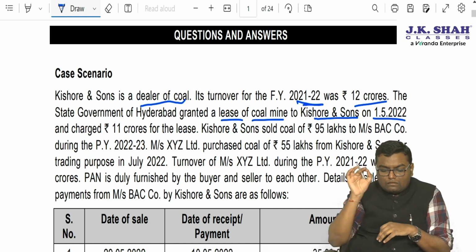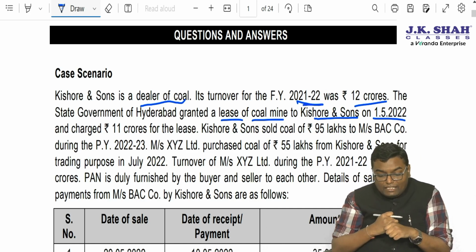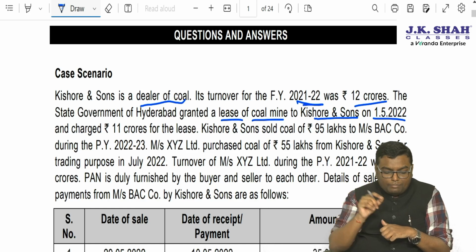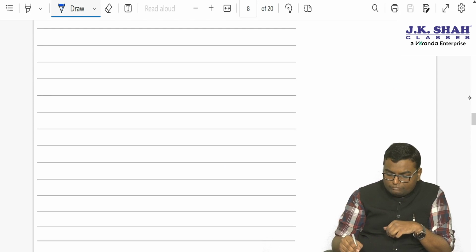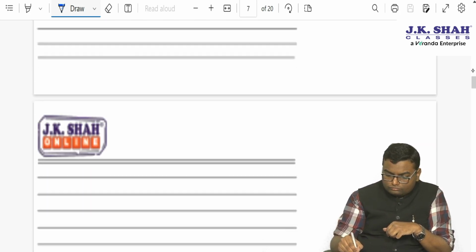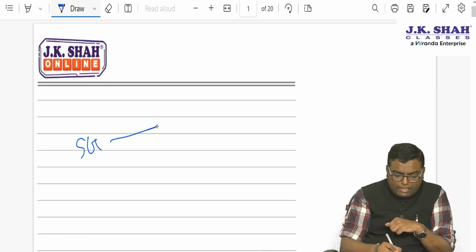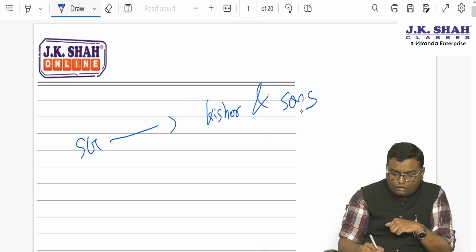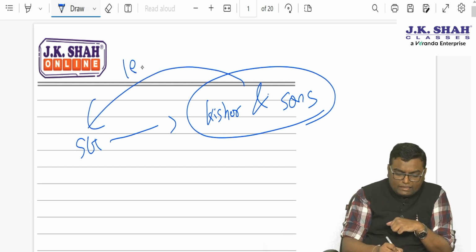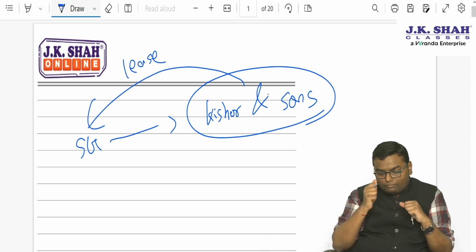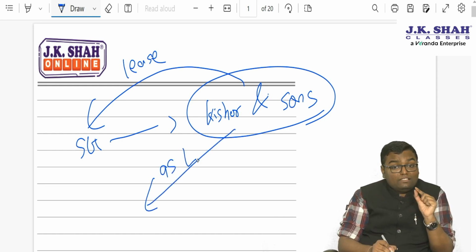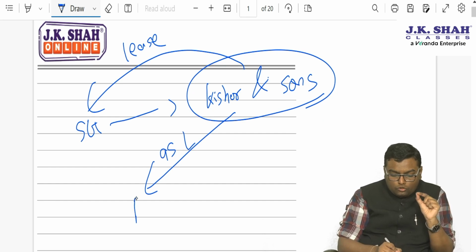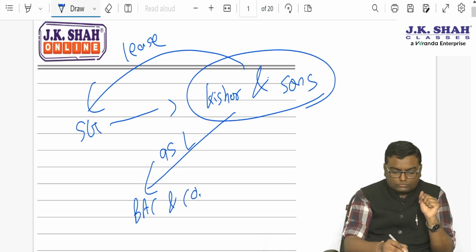Kishore and Sons sold the coal for rupees 95 lakh to Messrs. BSE and Company during the year 2023. So, I can put it like this: here is the state government, here is Kishore and Sons. Kishore and Sons is paying lease for the mining activity regarding coal. Kishore and Sons is selling 95 lakh rupees worth of coal to BSE and Company. Further,